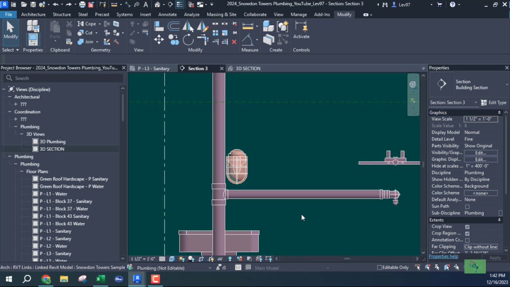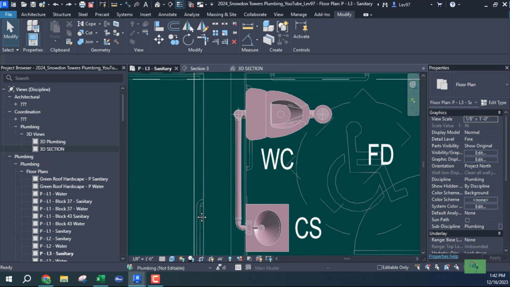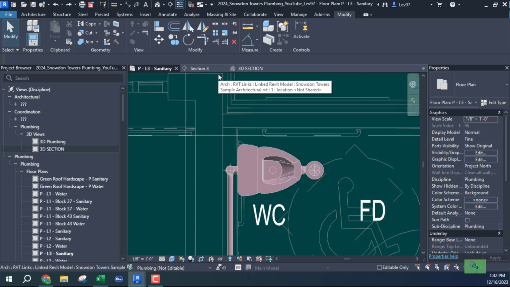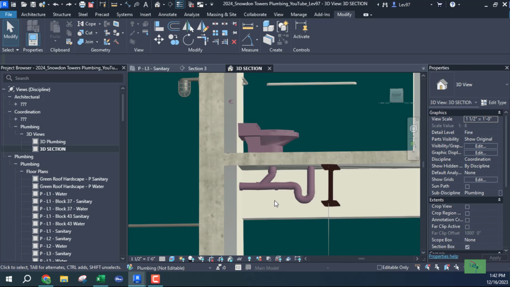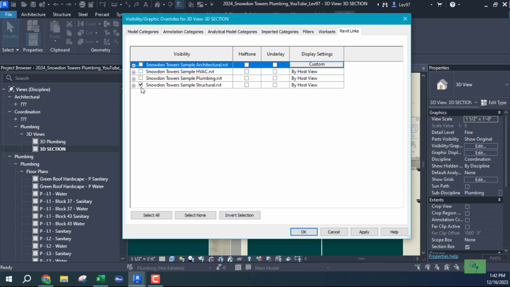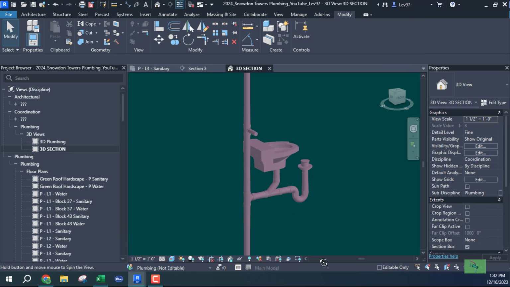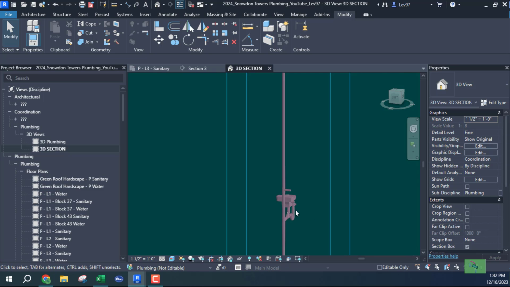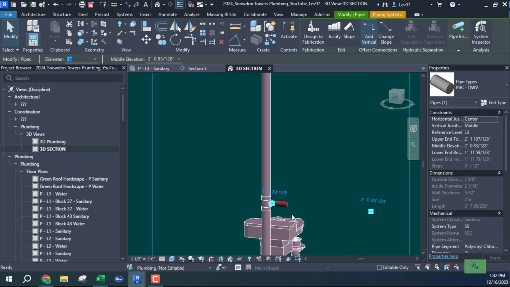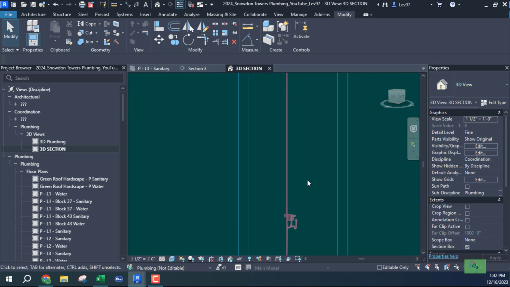I'm gonna leave it. Let's just leave it. So we got 3D section, we have that. Let's go back here. Let's turn off the architect's drawing and the structural drawing just so we can look at our, let's remove the fitting. Okay. So that's gonna be our